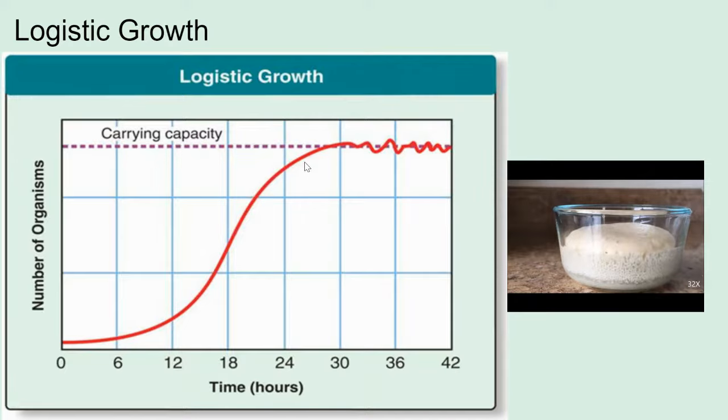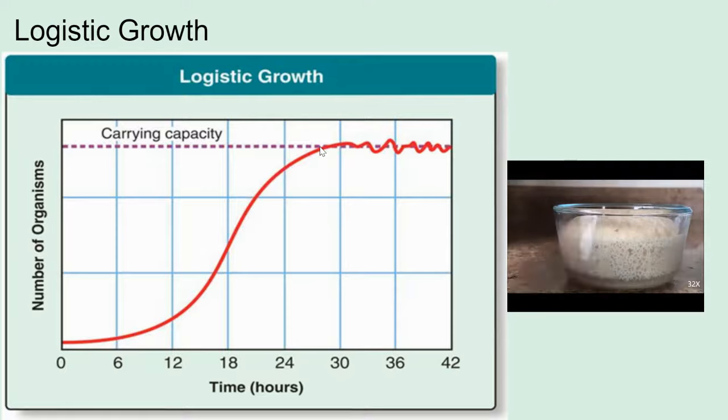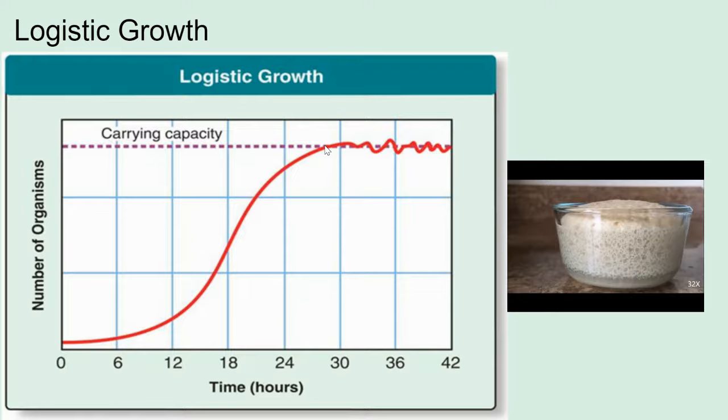It's continuing to grow exponentially. We have not reached the carrying capacity. And this bowl is getting pretty full, so this yeast is going to be beginning to reach its carrying capacity. The limiting factor is the size of the container that it is in. There's not enough space for the yeast to continue,